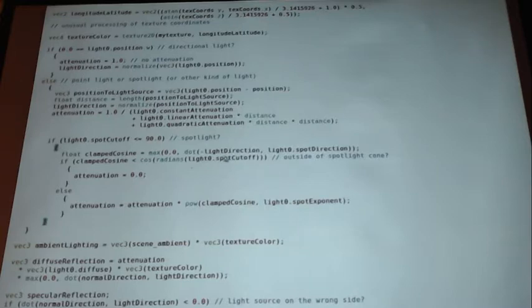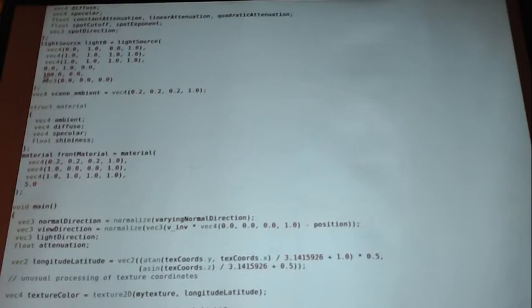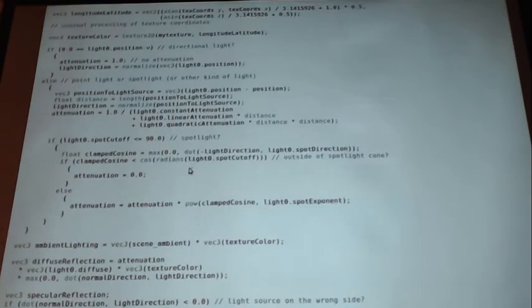So there's a spot cutoff. And we were talking about the spotlights a minute ago, and I showed you that this one's really pretty wide, 180 degrees. So this is not really like a spotlight. It's like the opposite of a spotlight. We're looking at a floodlight. But either way, we got some kind of spot and some kind of cutoff. And this cutoff is at 180 degrees. So if we're outside of the spotlight cone here, then attenuation is 0, like we got nothing left. Otherwise, the attenuation is multiplied by the